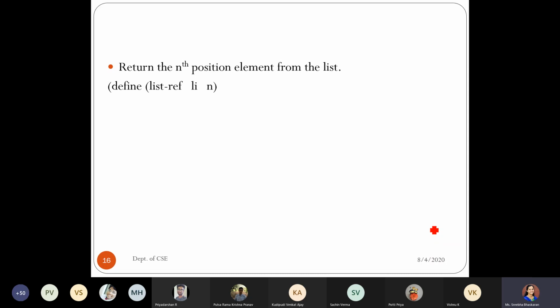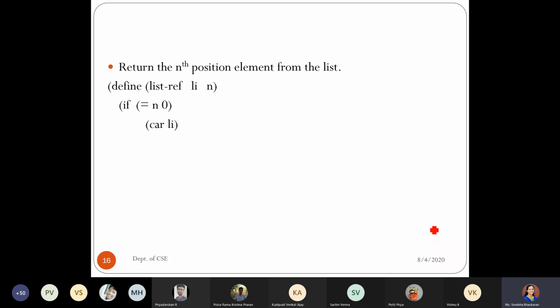The procedure name is list-reference, and it has two arguments: the list contents, and the position, that is, the value at which position you want to return. That is my n, and li is my list. Keeping the array starting index as 0, I gave the condition that if my n, that is the position, reaches 0, return the content.